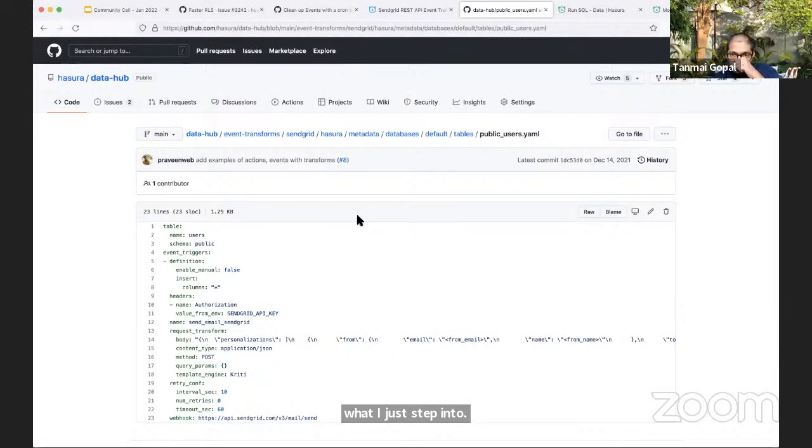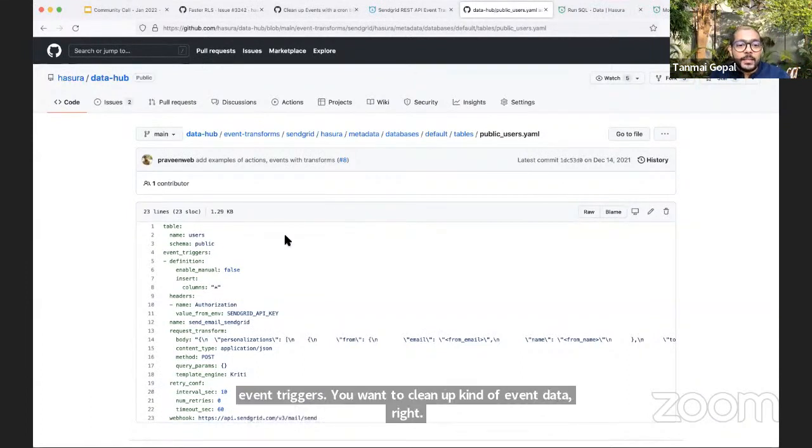So we've often had this thing when you're using event triggers, you want to clean up event data, right? Let me just take an example.